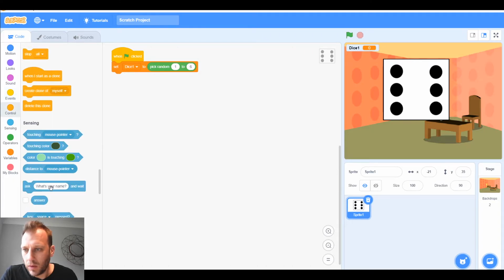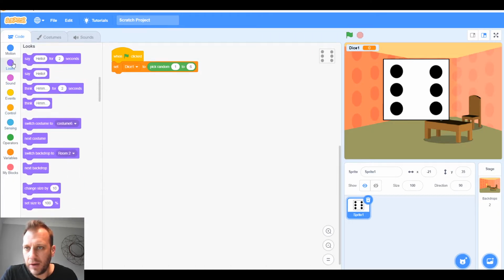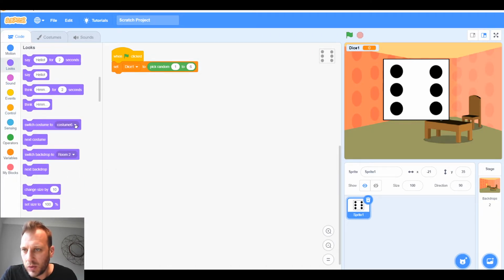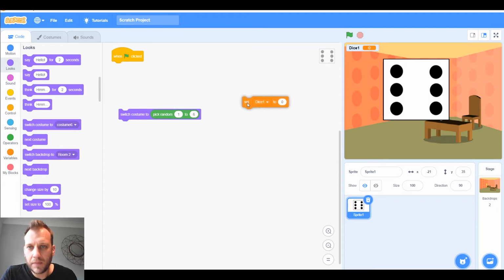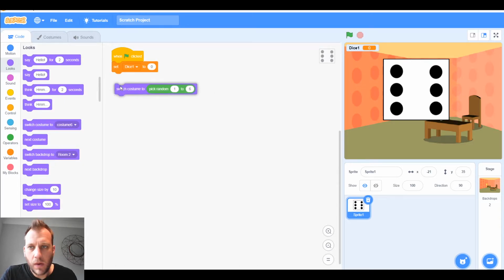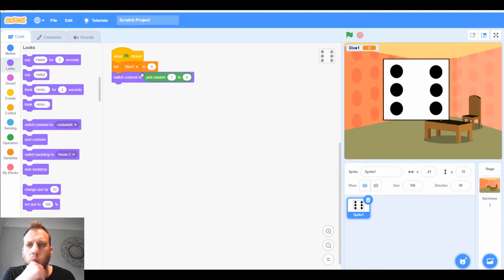Now, there might be a better way of doing this. Is there a switch to costume? There is a switch to costume number 6, but I don't know if I can put that block in there. I can. Okay, let's test that. Actually, let's leave that in there because I want the variable for later on, because I want to store the value that's on the dice. So yeah, let's keep the variable, and then let's switch to costume